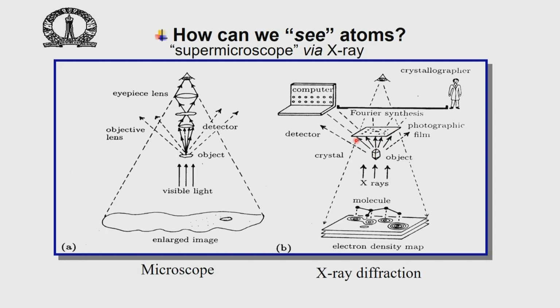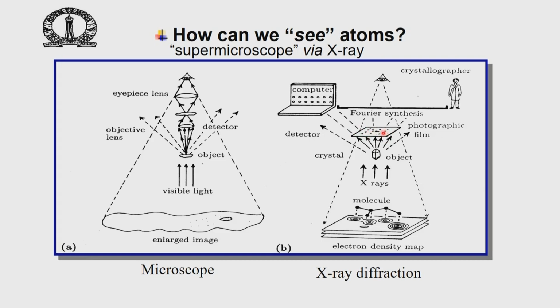Now the fact that this happens in discrete directions helps us to identify the spots. So we can identify the spots, we can also identify the coordinates of these spots, and then we identify the nature of the way in which these spots are distributed. This is referred to as the reciprocal lattice, because what we get before the image reconstruction are the intensities of each and every spot, which is the intensity of the reciprocal lattice point.